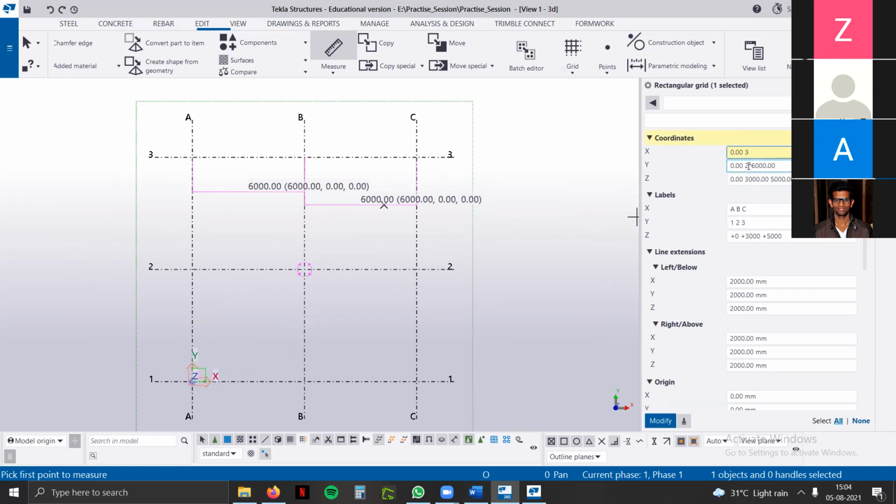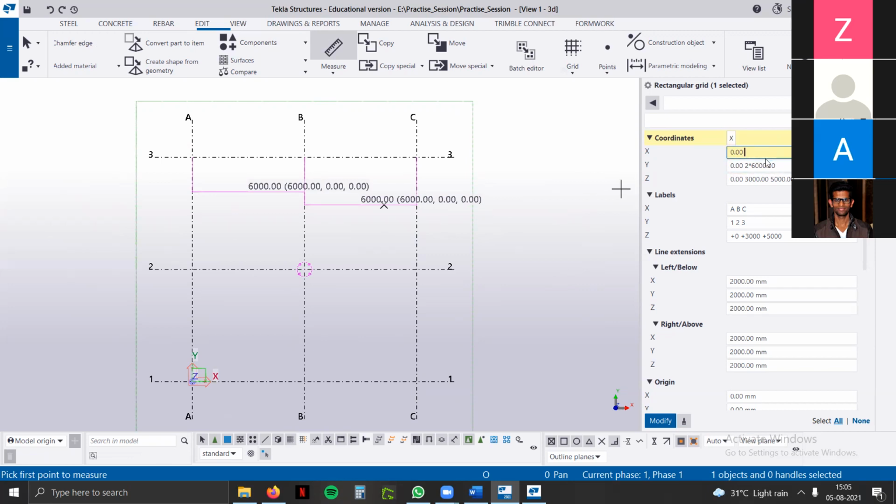Firstly, origin is 0, 0. So we have 0. And for entering another coordinate, we have to provide a space over there so that it picks up another coordinate. Without a space, it won't pick up another coordinate. So it works like a tab or space, you can say. To add another dimension,